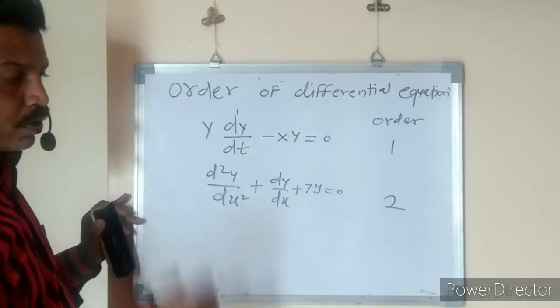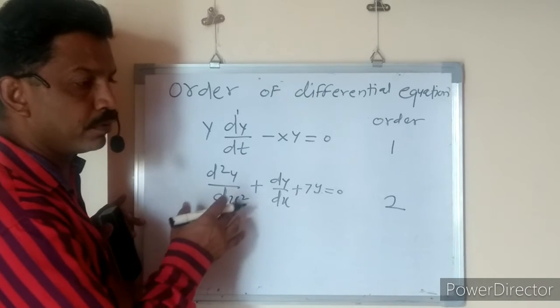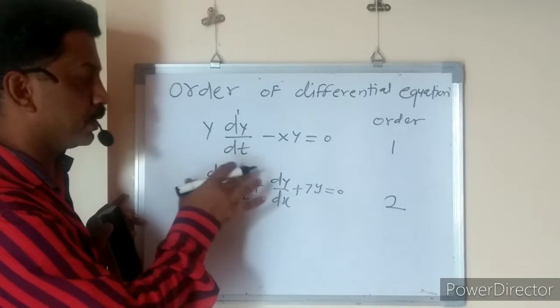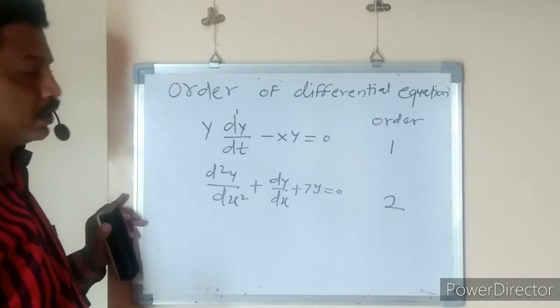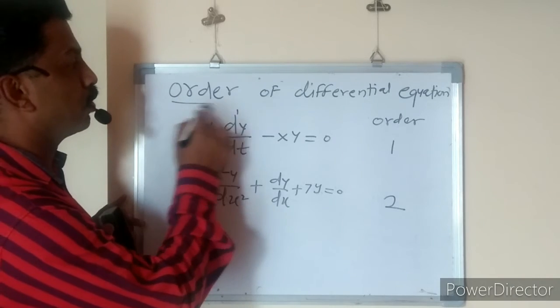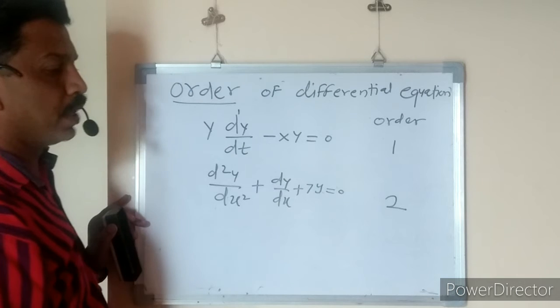Again we say that the order of differential equation is the order of the highest derivative contained in that equation. The order of the highest derivative in the equation is known as the order of that differential equation. If we take another example, that is